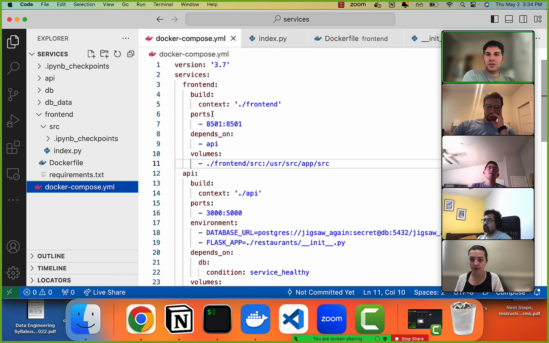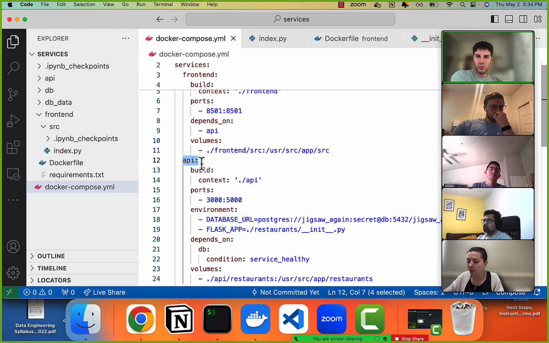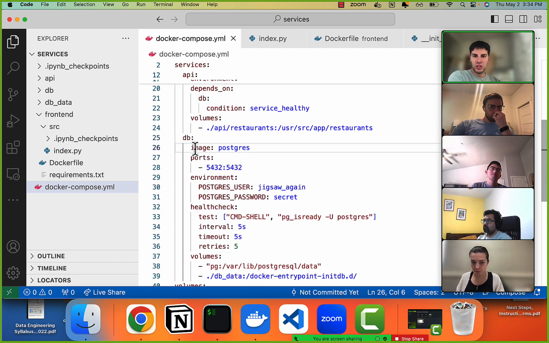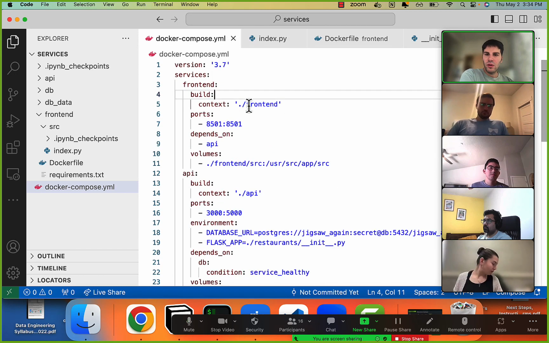So remember, there's essentially three services that we're going to be using. It's the front end, which will be the Streamlit app, the back end, which will be our Flask app, and then the database, which is Postgres. Okay. So for the front end,